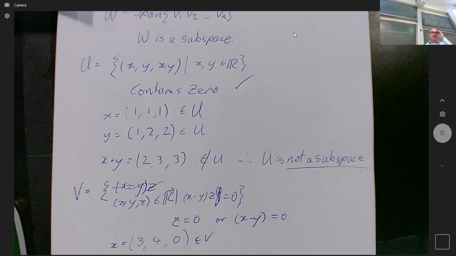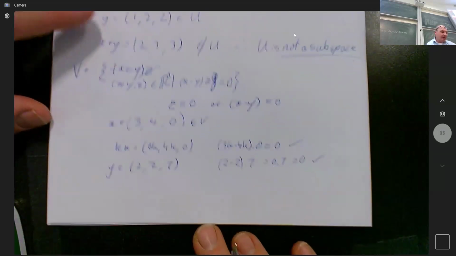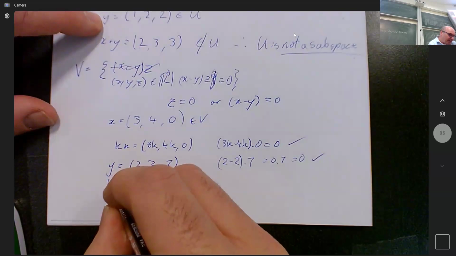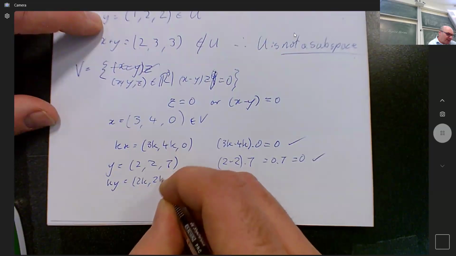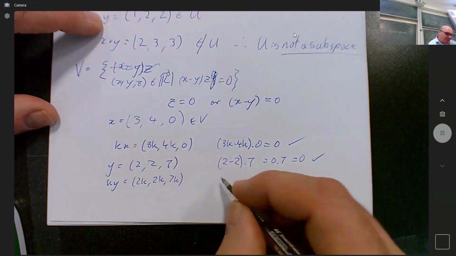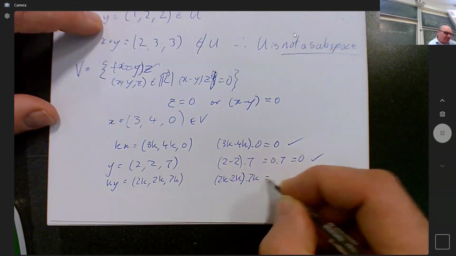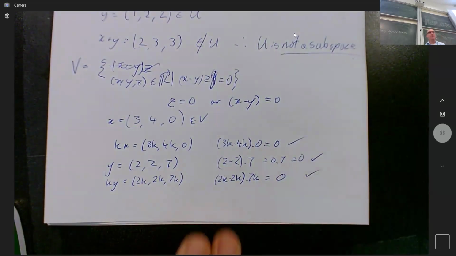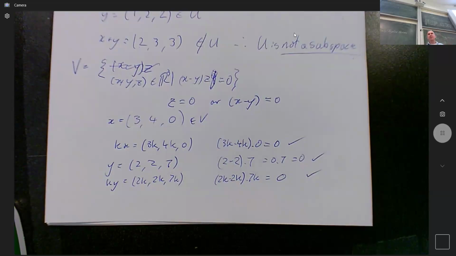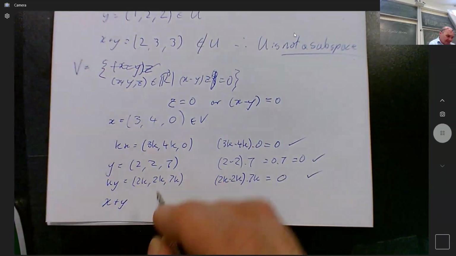If I do the same thing again, if I do k times y, that's going to be 2k, 2k, 7k. And so it'll be 2k minus 2k times 7k. Still going to be 0. So it's in the set. Tick, boom. This set is closed under vector addition and closed under multiplication by scalar. I'm now going to add my two vectors. I'm going to go x plus y. x plus y is equal to